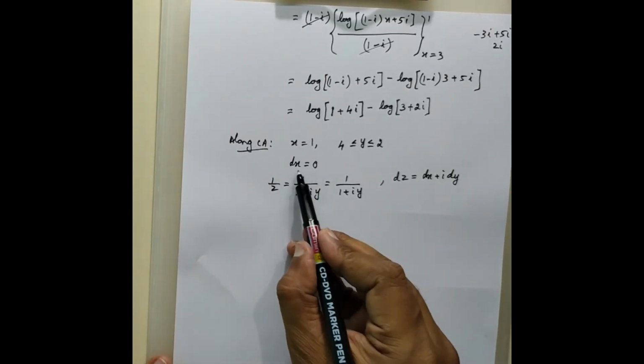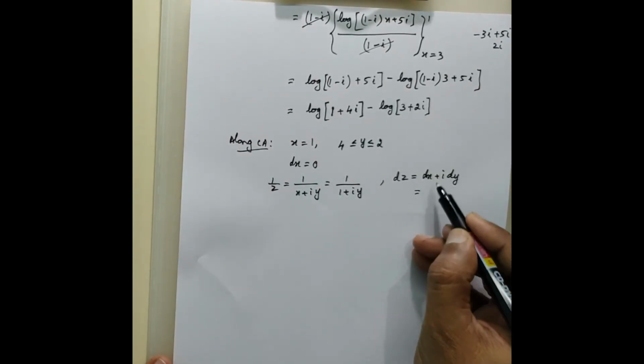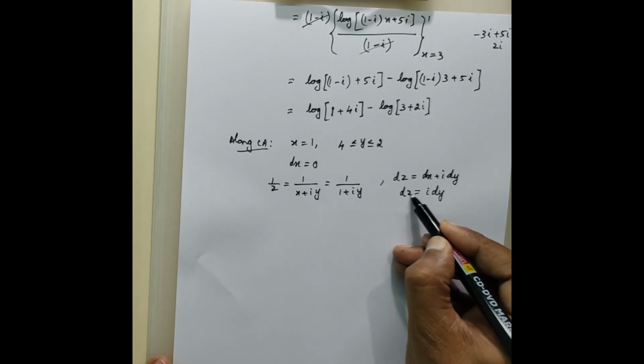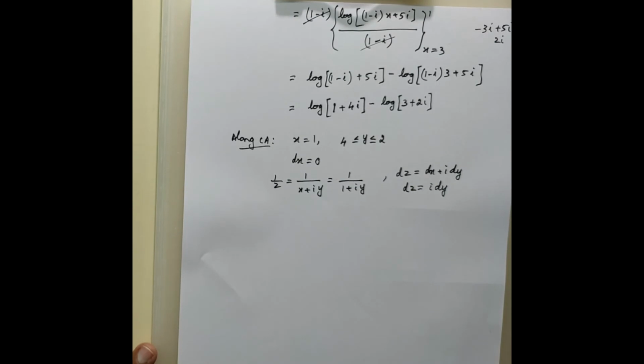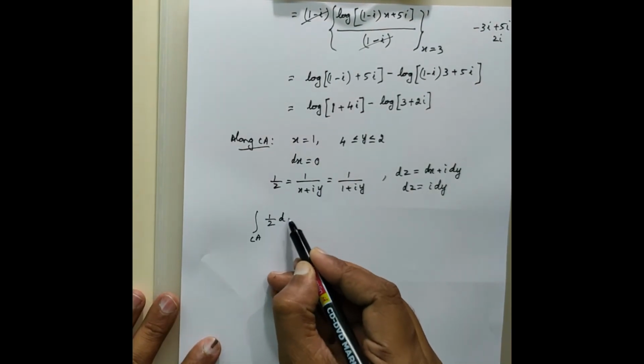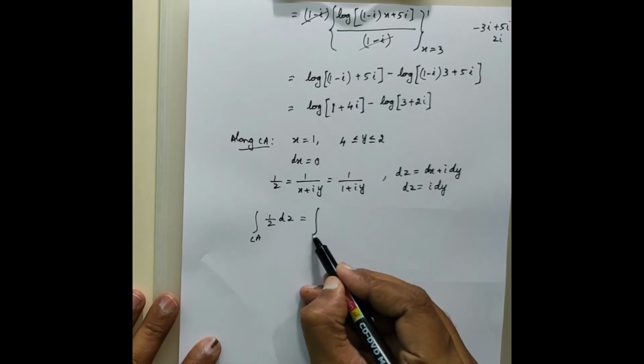But the value of dx is 0. So therefore you get that value to be 0. You are left with i dy. So dz will be i times dy. Now if you write down the integral over CA, 1 by z dz will be